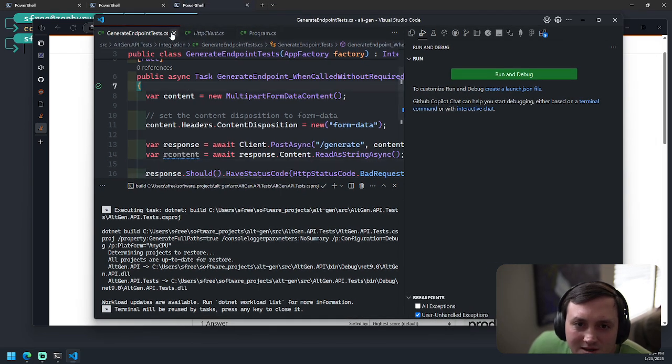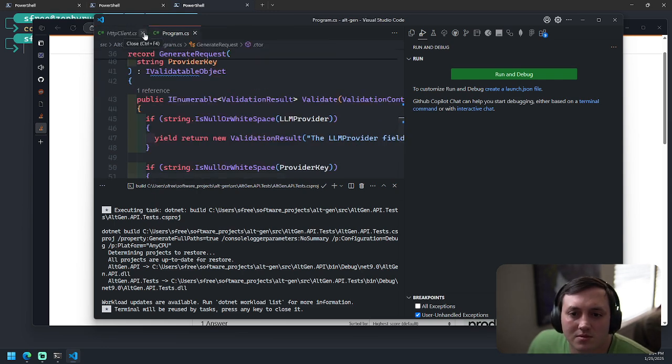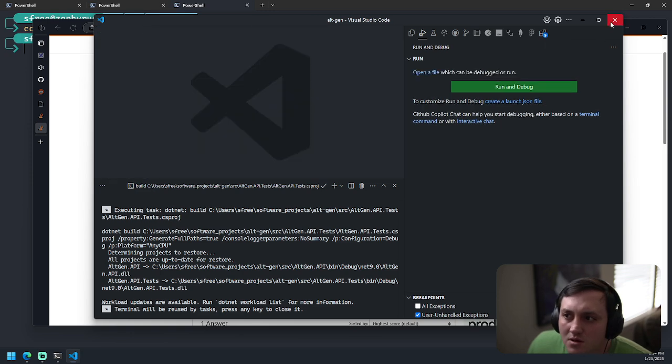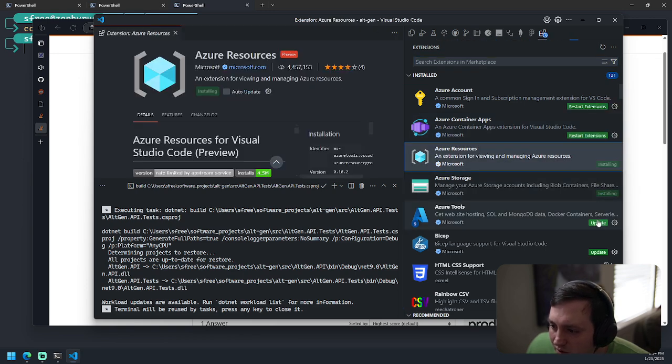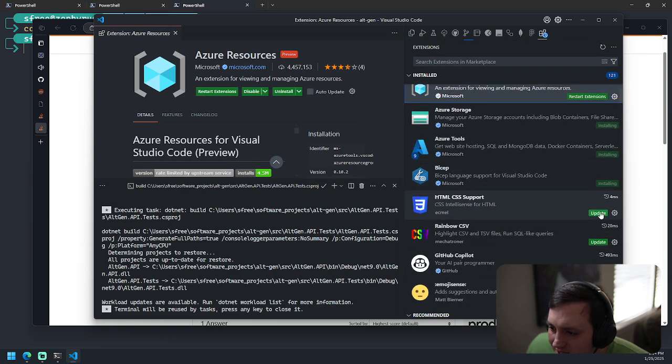Okay, I guess I just didn't understand how that worked then. My code was all right. I didn't understand that posting an empty form was going to break the binding.